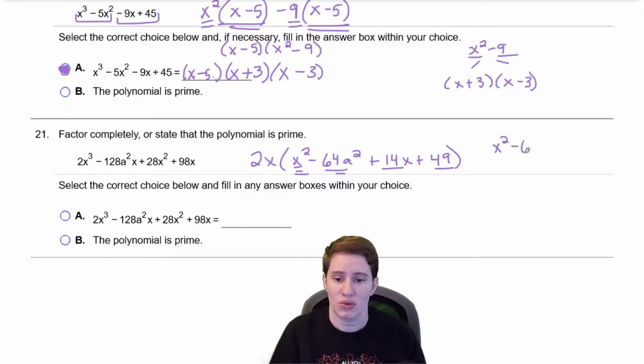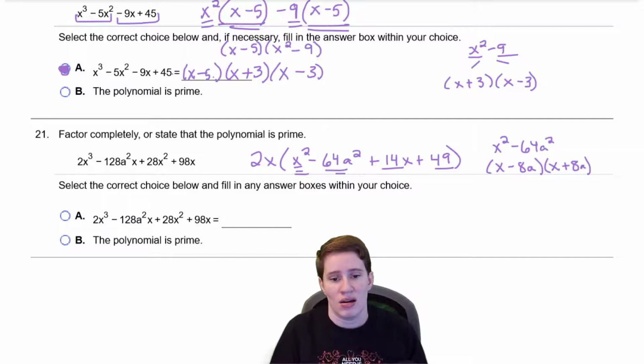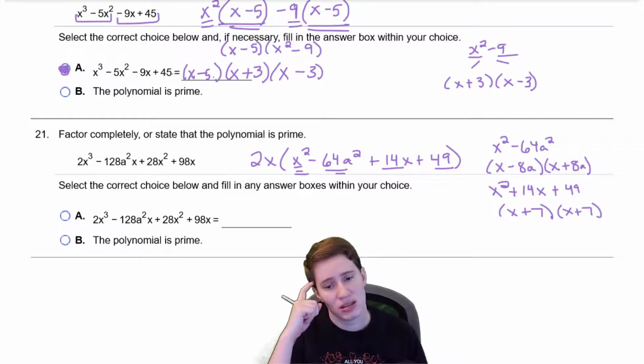So let's think about what x squared minus 64a squared would factor into. That's a difference of 2 squares, so we could do x minus 8a and x plus 8a. And that would be an answer for that. If it was x squared plus 14x plus 49, then we would factor this into x plus 7 and x plus 7. So I think the idea here is,